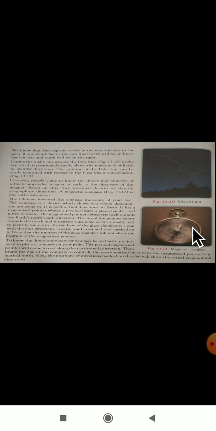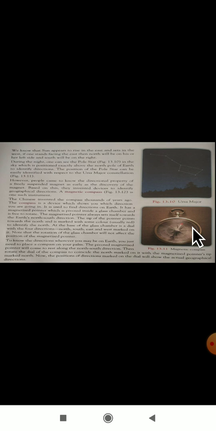The Chinese invented the compass thousands of years ago. The compass is a device which shows you which direction you are going in. Then what is the function of this compass? It will show the direction in which you are moving. It is used to find the direction on earth. Then what is the use of this compass? It is used to find the